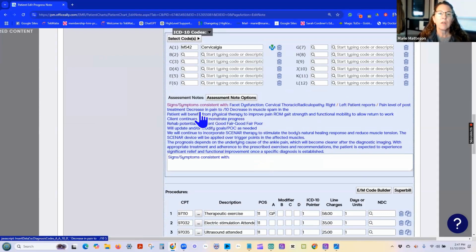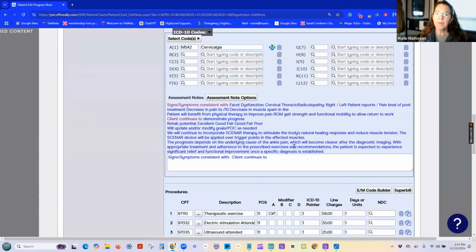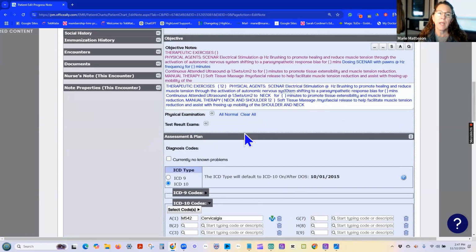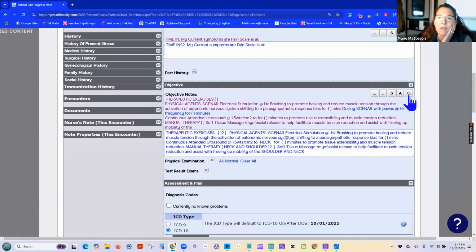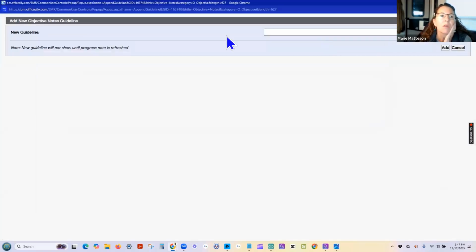Assessment, there's all these that are already put in, okay? If you want to make a new guideline, you can't do it in the assessment, but you'd have to do it in the previous, okay? But here in the objective, you can click the G. You're going to get a new guideline. What do you want your new guideline to be? Or is there nothing there and you want to add them? Okay, this is a spot where you type in, like I had earlier, patient reports,